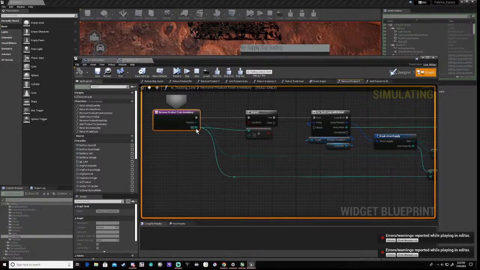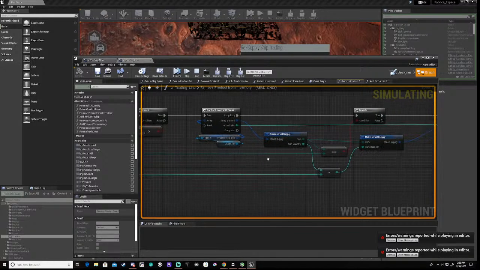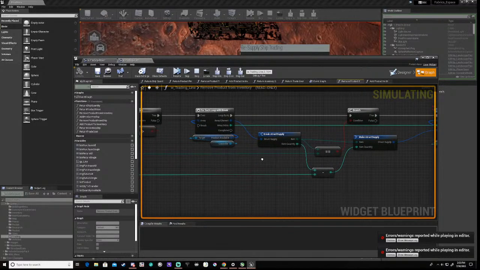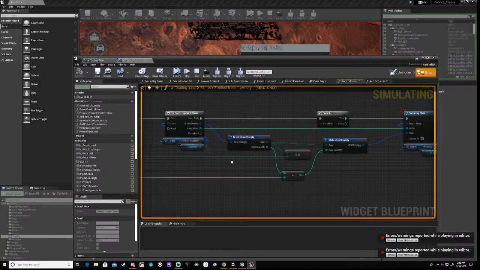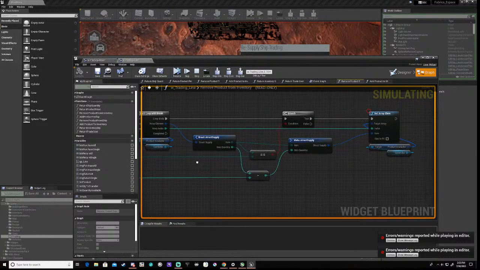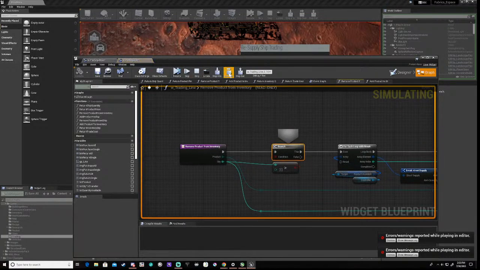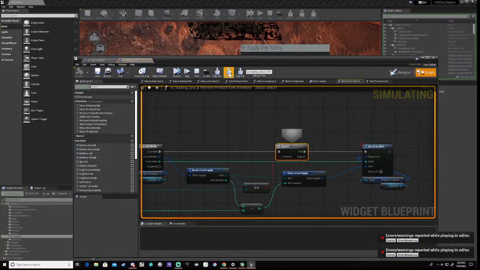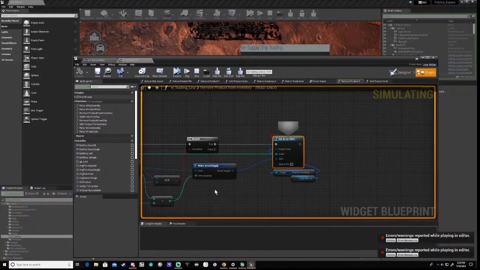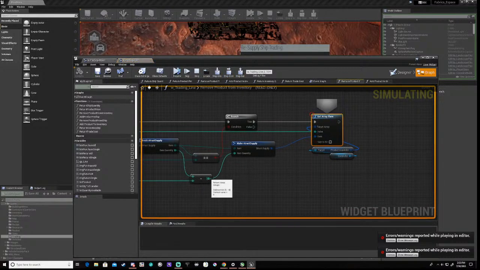It's copper sheet, which is correct, and the value is 25. Okay, so if we step over, then this value should be 0. Which it is. If we resume that,